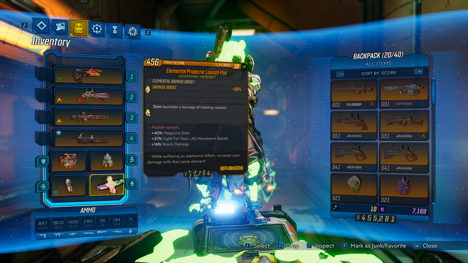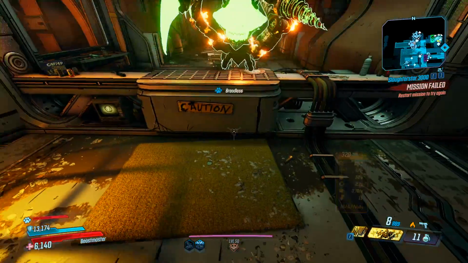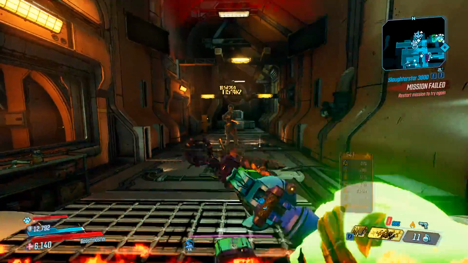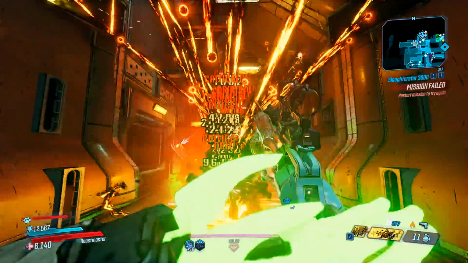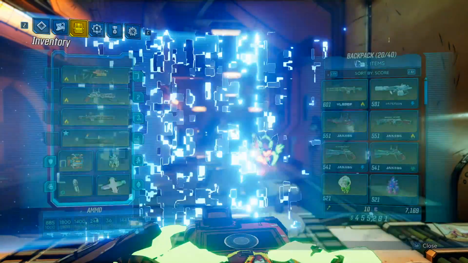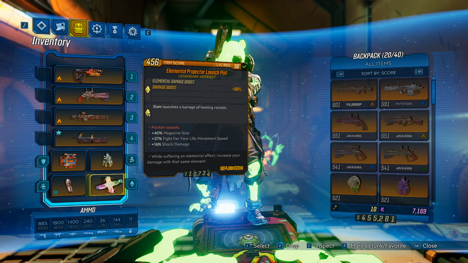Then for our artifact, Elemental Projector is the one I'm mainly using. This just gives you a massive damage increase, 90%, if you're using a weapon with the same element that you have a status effect applied on yourself. So say I'm using this fire one, I apply a fire status effect to myself, and then I just do 90% increased damage, and that's a massive damage increase, especially for bosses that don't have immunity phases that you can burn down